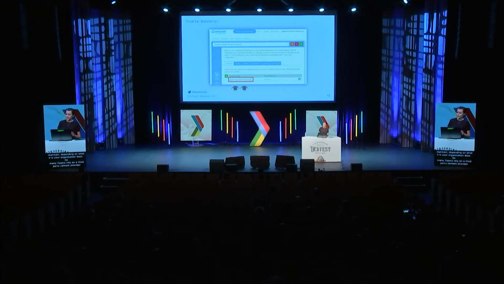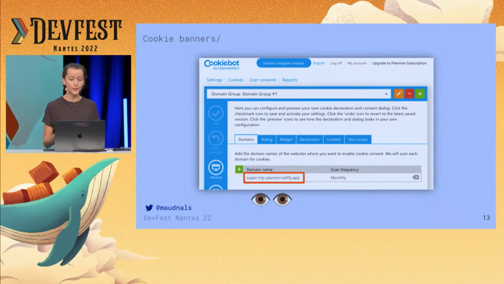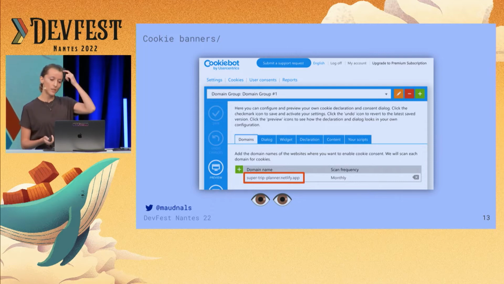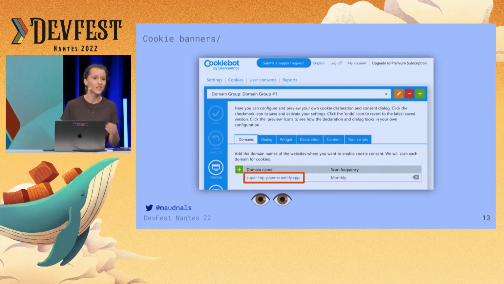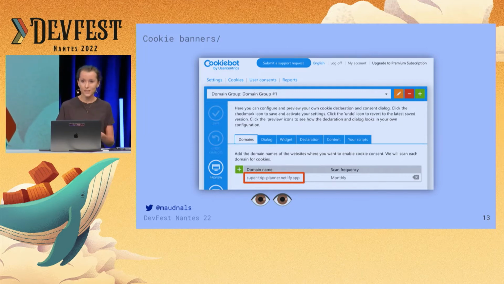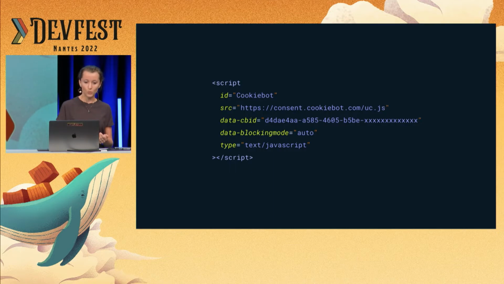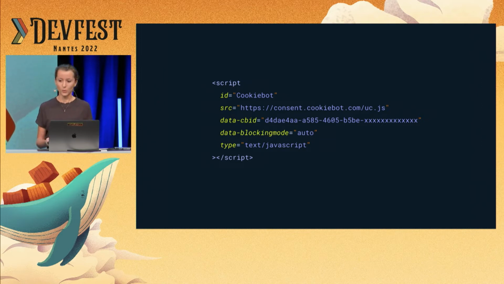So it works like this. You sign up on a cookie consent provider site. Here I used Cookiebot, but the most commonly used is CookieYes. Maybe this rings a bell to you as a developer or as a user, when you visit websites. Then you enter your config: your domain name and your cookie banner settings, like the text you want in there. Then the provider is going to scan your site and look for cookies. The provider is also going to give you a script that you embed into your site, inserting it into your page directly. It looks like this, nothing too groundbreaking.